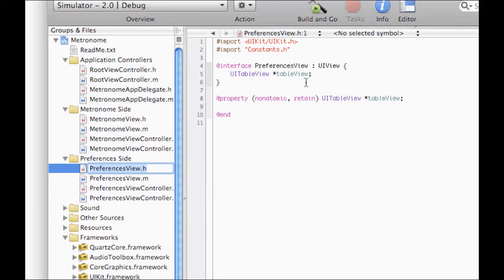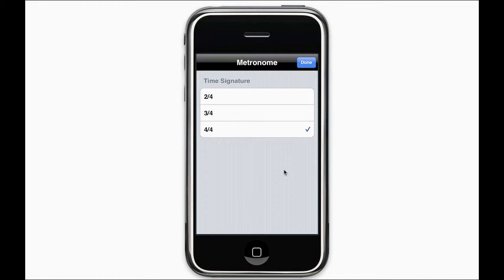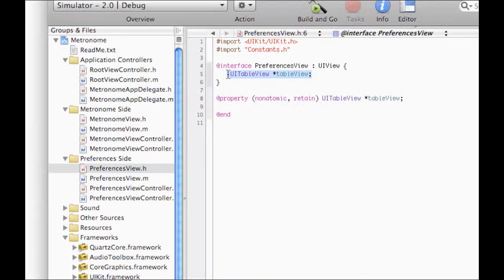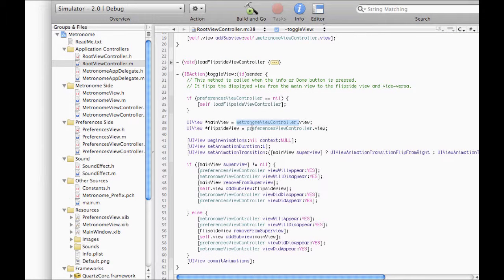Let me give some more examples of why classes are useful. In Metronome, you have this Preferences view, which is all the stuff within this gray area. It just contains a table view. So if we look at the Preferences view class, we're not surprised to find that it only contains the code for a table view. As was mentioned, however, the real significance of packaging it up this way is that it allows us to refer to that block of code by its name, and the compiler will actually be able to